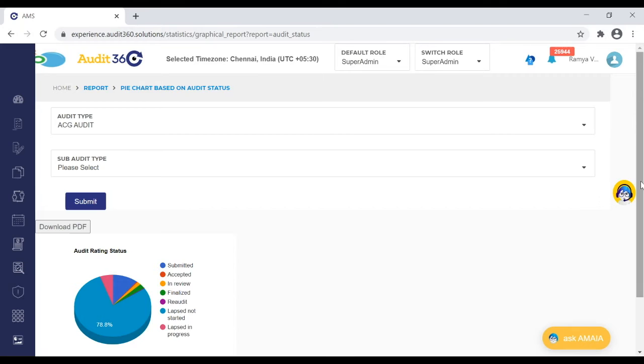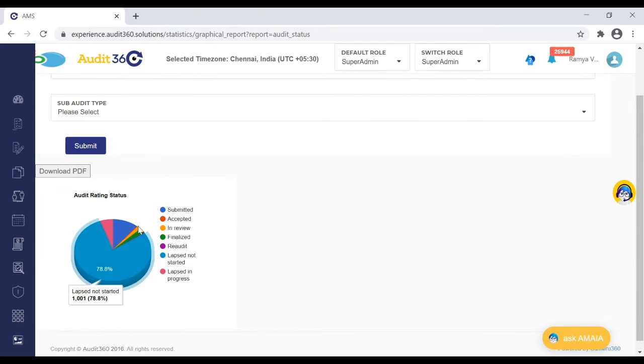This will give me a bifurcation of the schedules at the execution status level. If you see, there are 78% of the audits which have been scheduled but not started. That means they have not been executed at all, only the schedule has been done by the supervisor. Then there are 10.9% which have been submitted, but not accepted or anything.